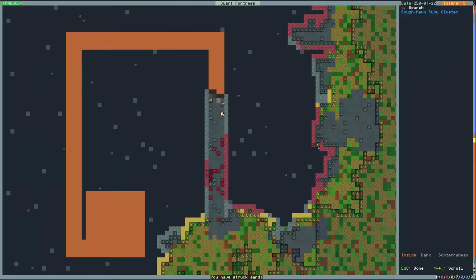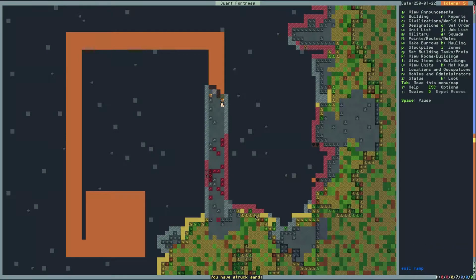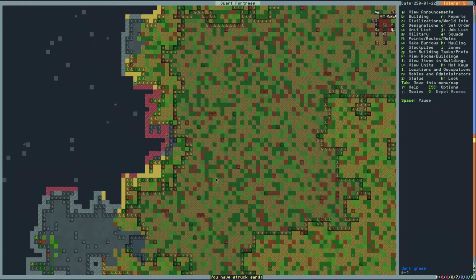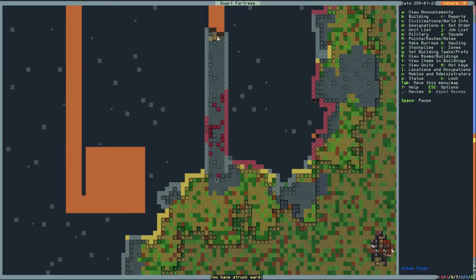We've got some veins right here. Rubies. We're going to send somebody to pick these up. That's good. We can export those right away if we need to. Give us a little bit of income. We've got a Cirrus Frass. So yeah, we got...